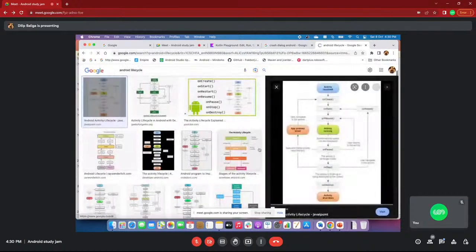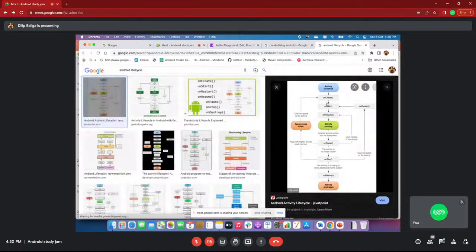See, this is the life cycle. Whenever I launch the application, it first calls onCreate, next it calls onStart, and next it calls onResume, and the activity keeps running, meaning you are on the complete screen. Whenever you press the back button or home button, it will call onPause, onStop, and then onDestroy, and onRestart when you navigate back to the screen.